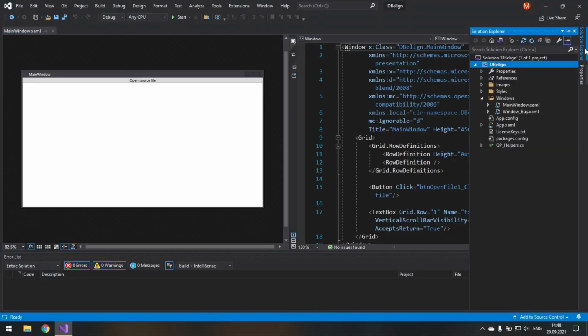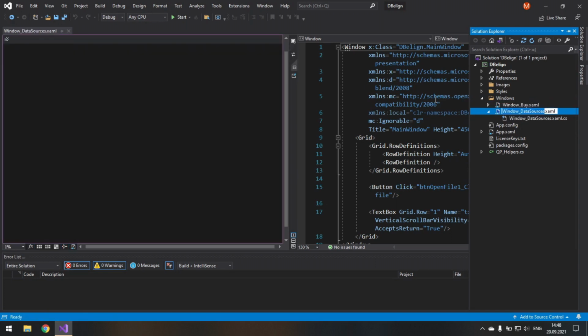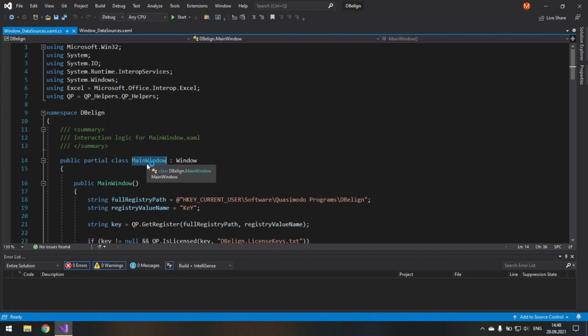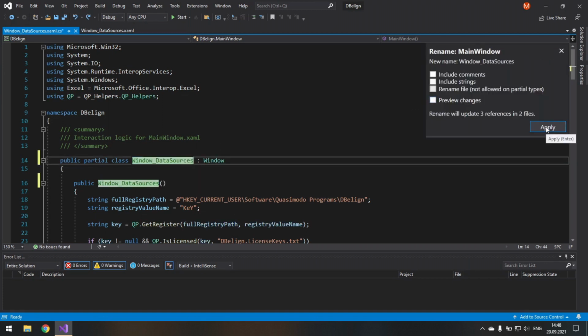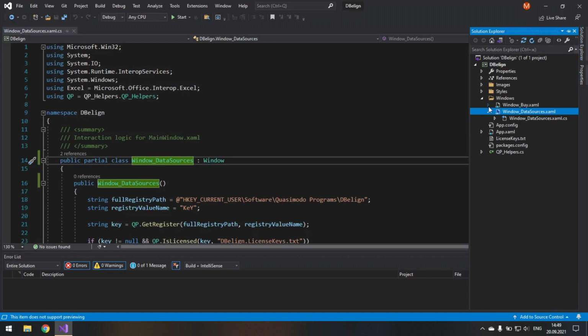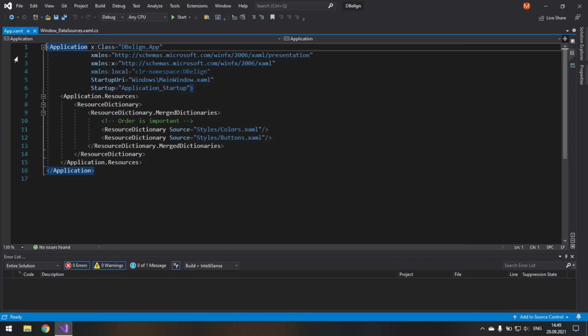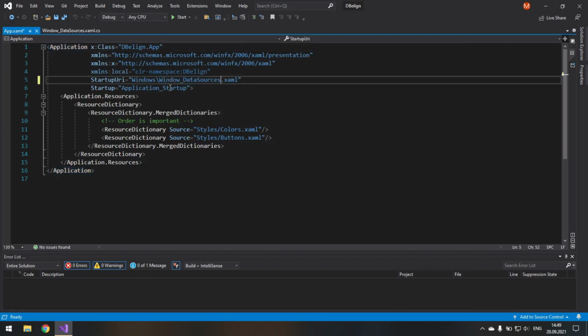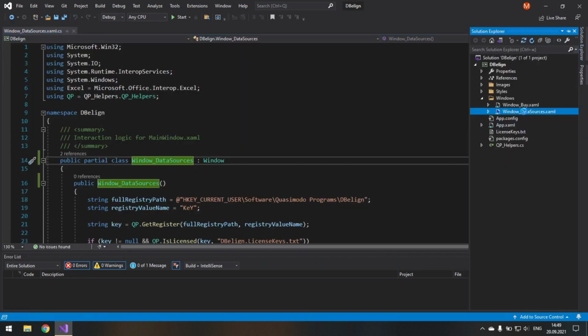First of all, let's rename our window from main window to something more relevant, like for example, window underscore data sources. Okay, I will just copy this name, go to backend and rename this class here, window data sources, and apply. Okay, and also let's close this window because we will have to reload it anyway. But for now we need to change our startup URI in app.xaml. So change main window to the new name, save, and now we can open our window again and it will